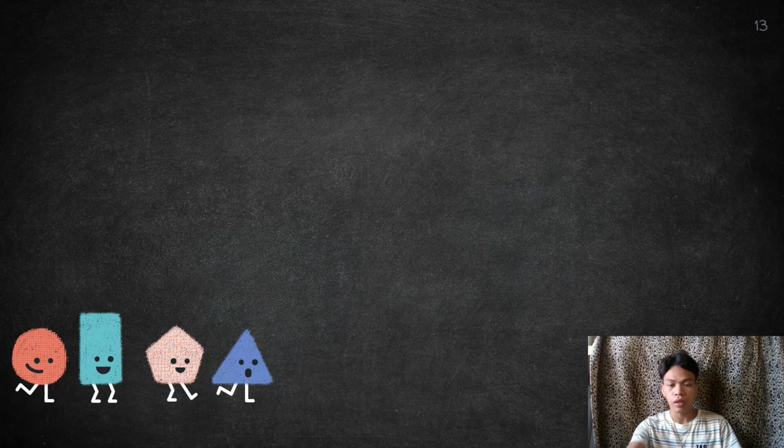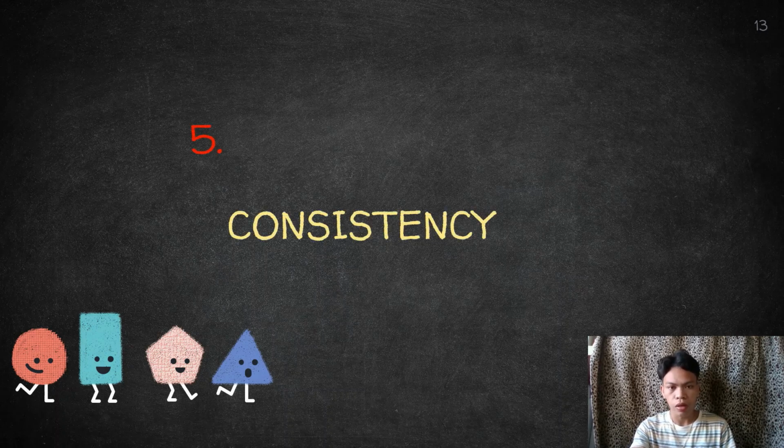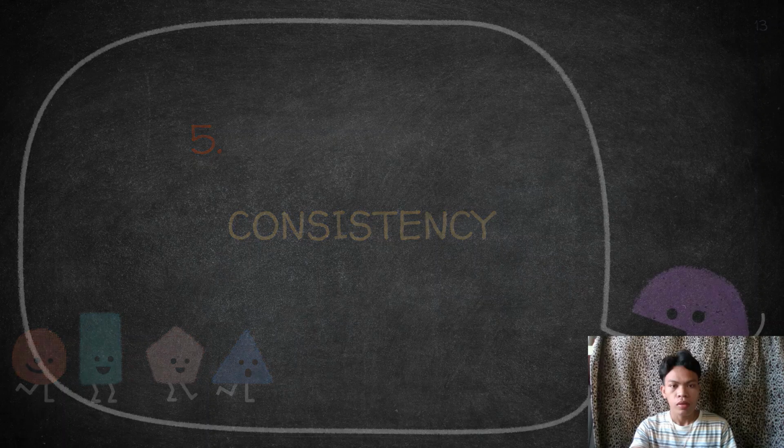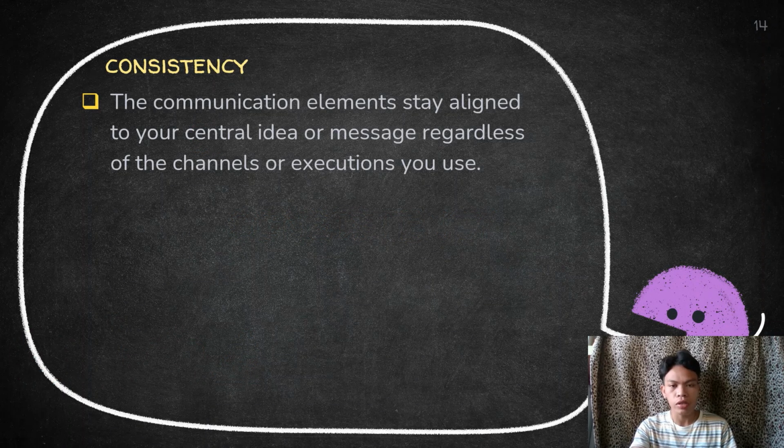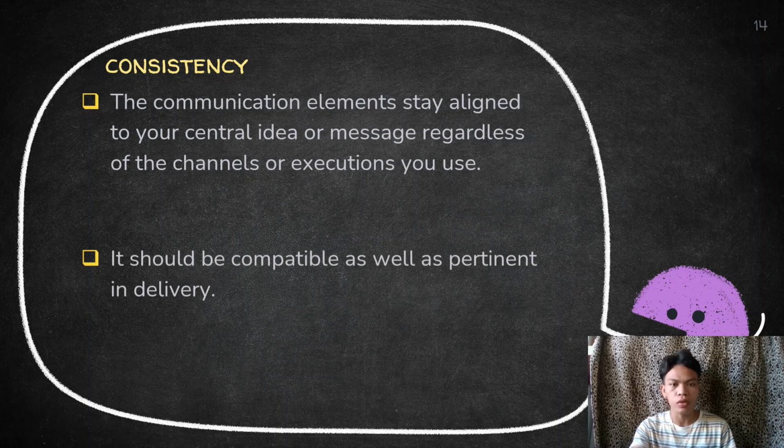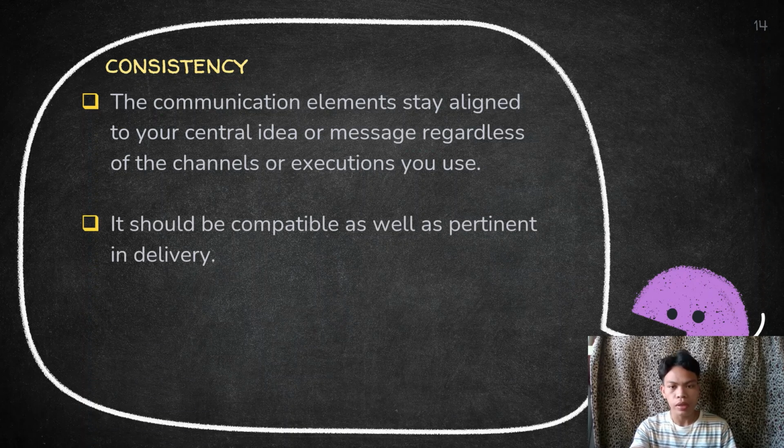So they're already tackled the other principles of communication. So therefore, let's move to the fifth principle, which is consistency. Consistency is when the communication elements stay aligned to your central idea or message, regardless of the channels or execution you